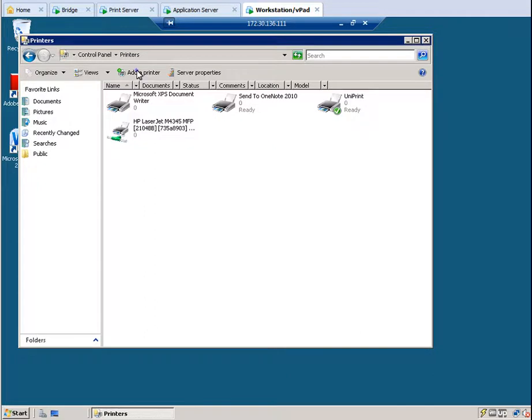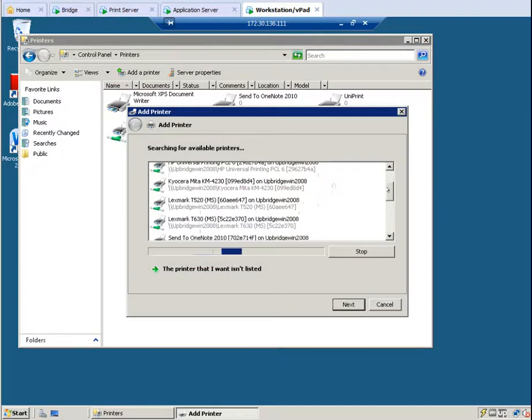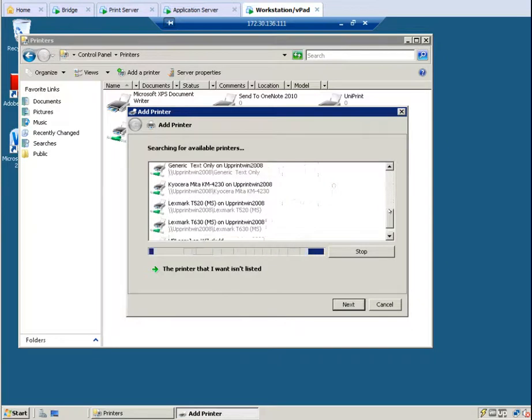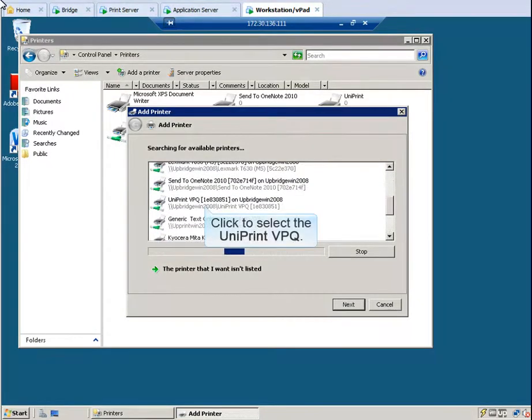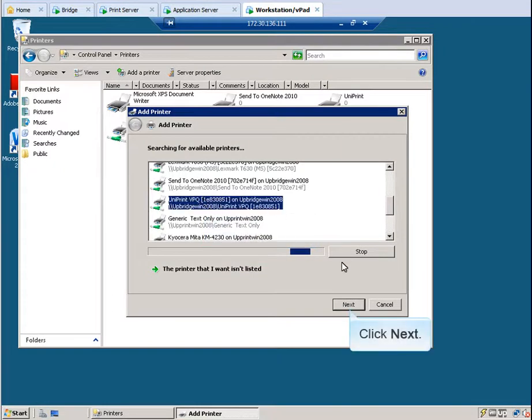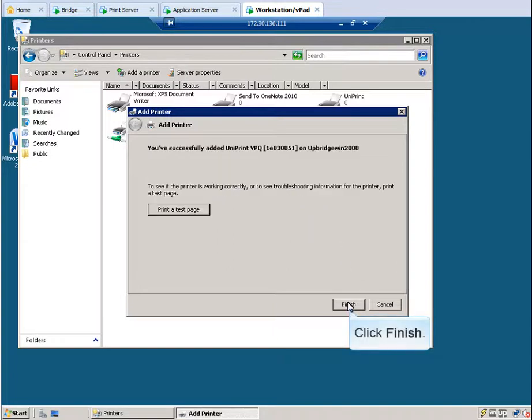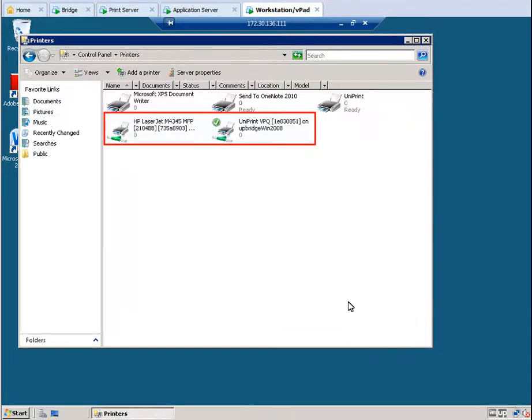Click Add a Printer. We want to add the UniPrint VPQ. Click to select the UniPrint VPQ, and then click Next. Let's make the UniPrint VPQ our default printer. Select Set as the Default Printer, and then click Next. Click Finish. Now that a gateway printer and the VPQ have been added, let's go to the bridge to set